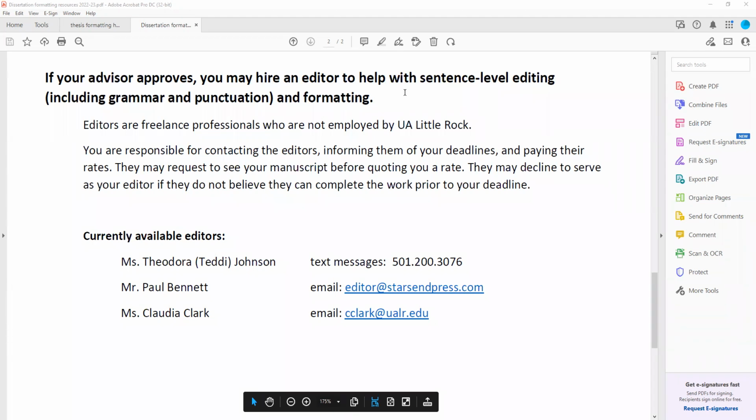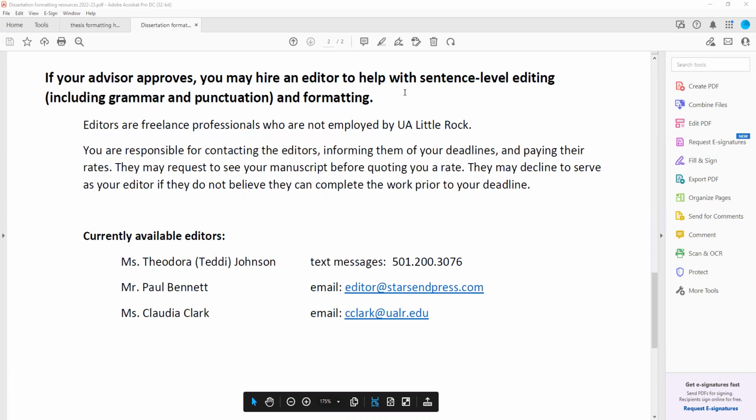So let me make you aware of some facts in case you're allowed to do this. Editors are freelance professionals. They are not employed by UA Little Rock. You as the client are responsible for contacting the editors, informing them of your deadlines, and paying the rate they quote you. They may request to see your manuscript before quoting you a rate, because their rate may depend on how much work they're going to have to do.